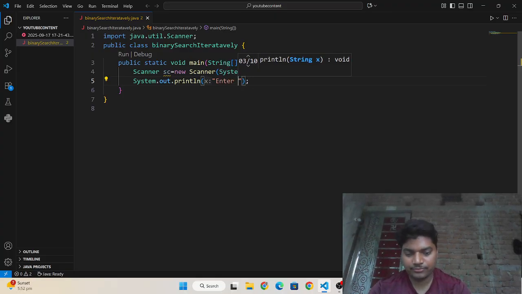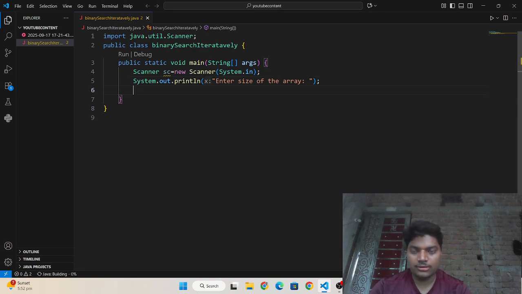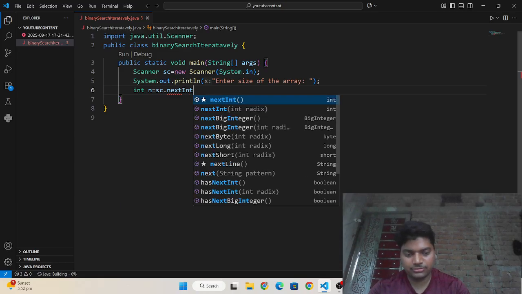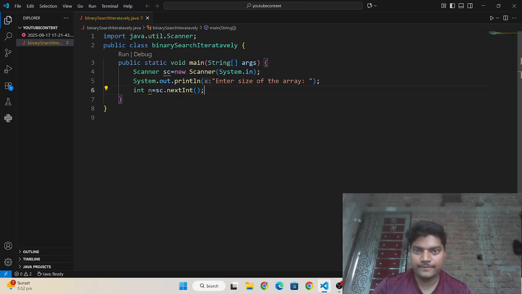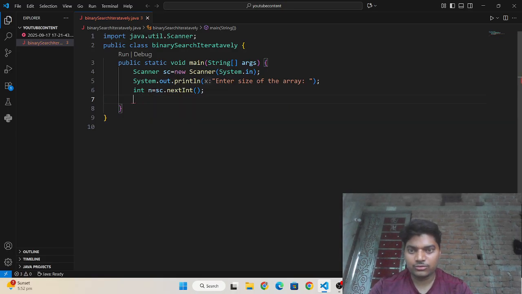Now I'm going to write "Enter size of the array". I'm taking the size n using sc dot nextInt. Then I'm going to make the array first.